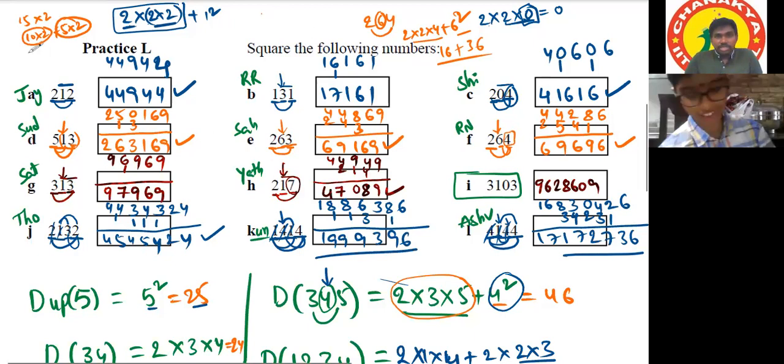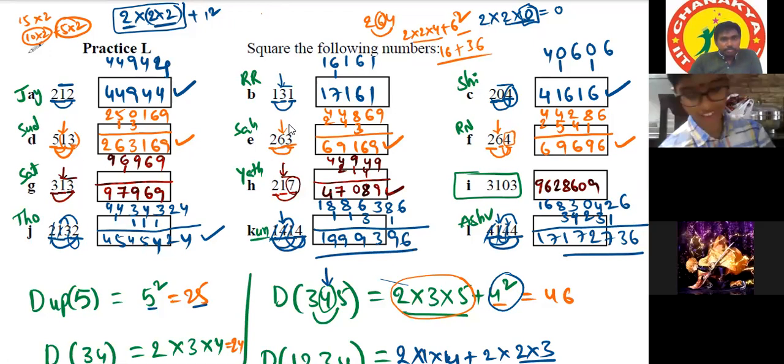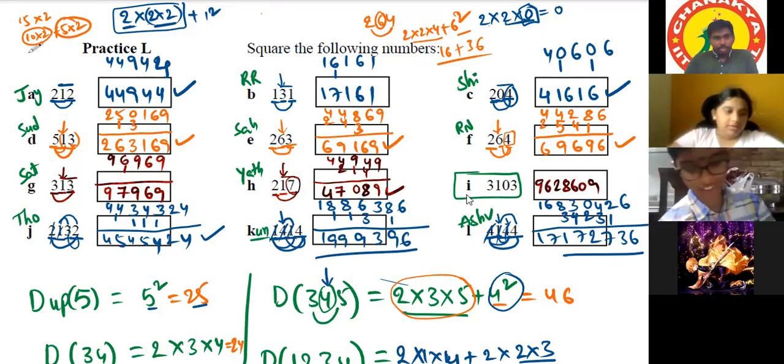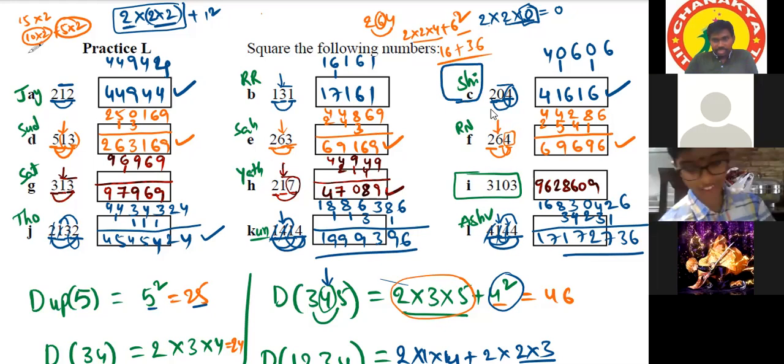So this is the general squaring technique. Now you can do it for any number, right? All of you, are you there? Yes, sir. This is a method I have explained. Which one you feel comfortable with, you can do that. Suppose you see question number C, what is the number here?